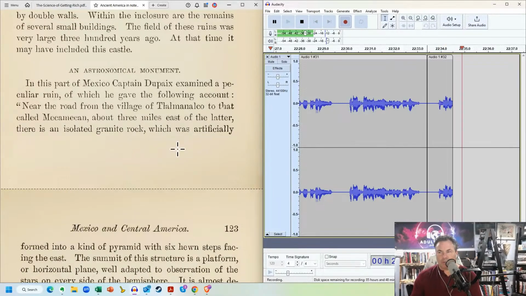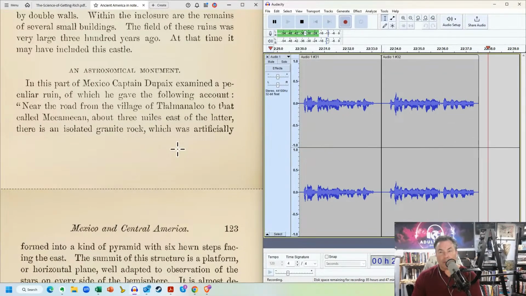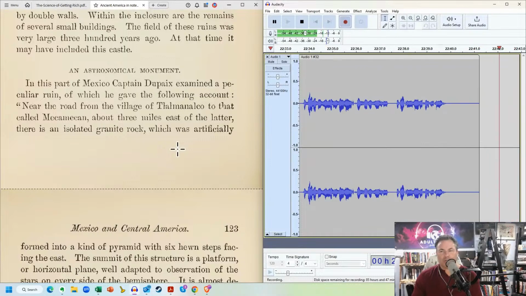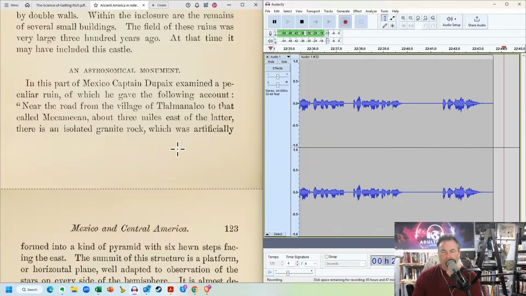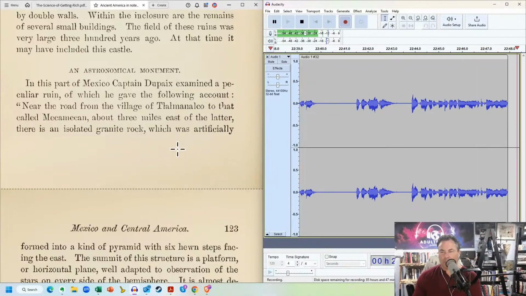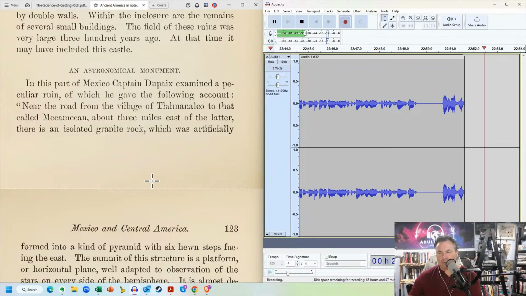The field of these ruins was very large 300 years ago. At that time, it may have included this castle. An astronomical monument. In this part of Mexico, Captain Dupaix examined a peculiar ruin of which he gave the following account. Near the road from the village of